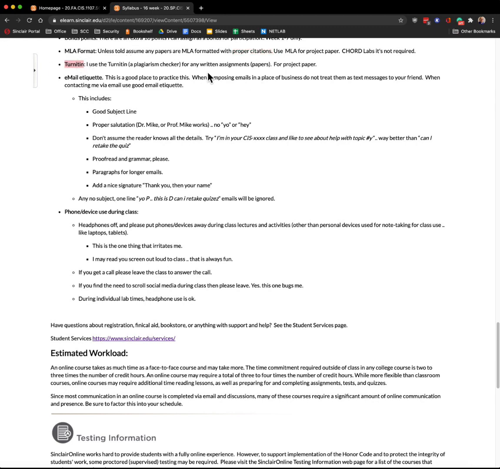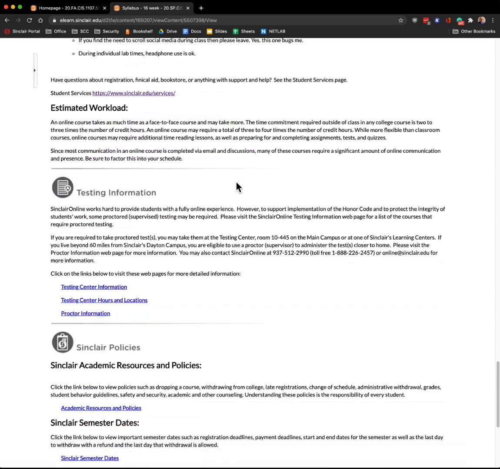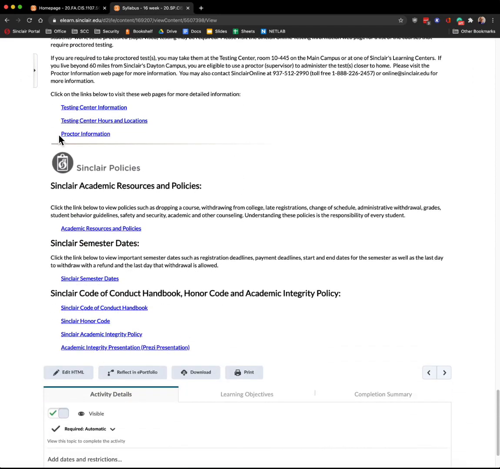If you copy an entire paper from online, it'll be marked as plagiarism, and you'll get 2 chances. You get 1 F on the assignment with a warning, and if it happens again, you get an F for the class. So this is, of course, outlined in the academic resources and our code of conduct.